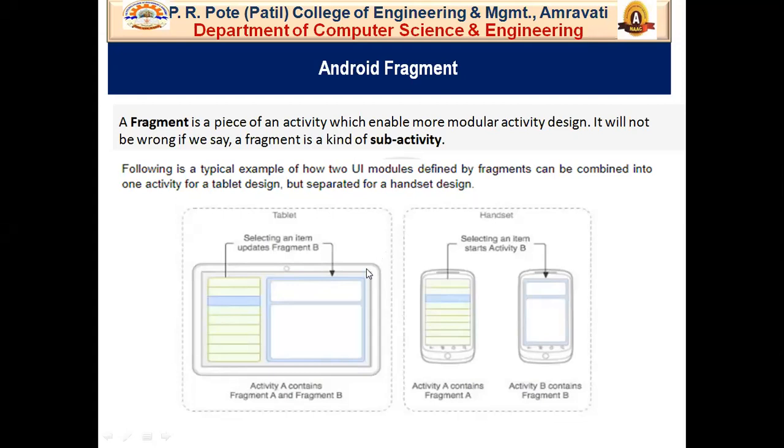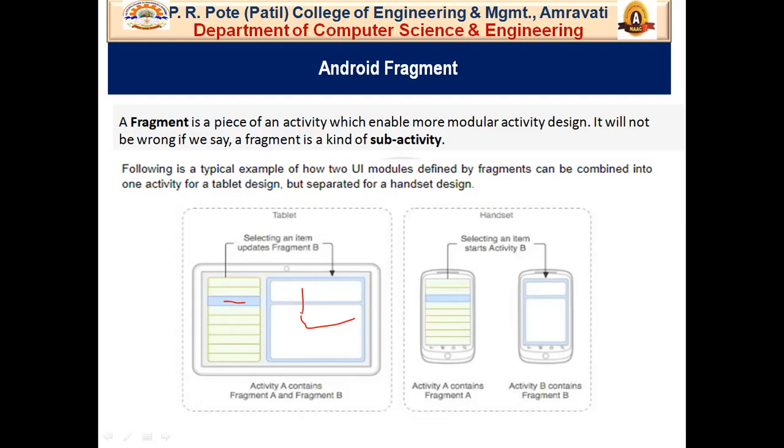So, what is a fragment? You would have seen tablets like this, in which you are able to click on this and details come over here. But in the mobile phone, the view is like this. Say you are on the settings page, to go to the wireless page you are redirected to the available Wi-Fi. But here, you are able to have both the views placed simultaneously, parallel to the user.